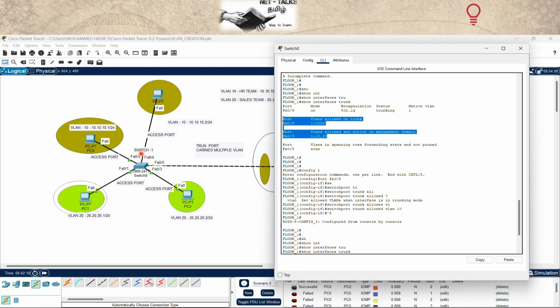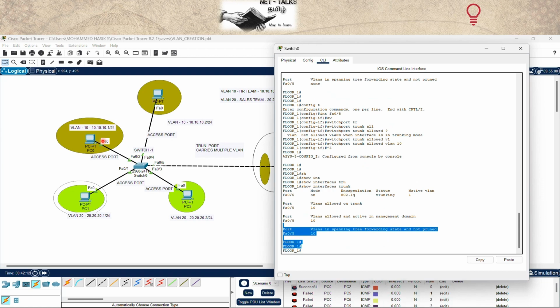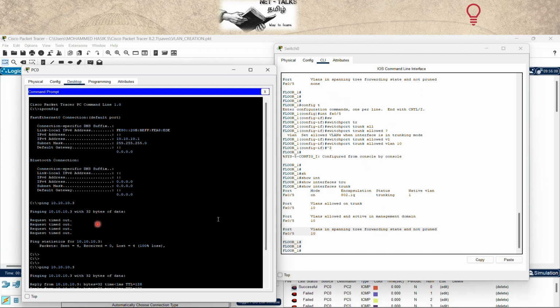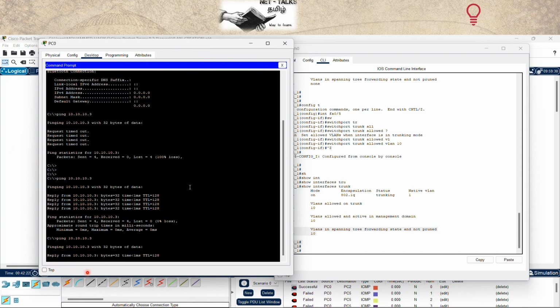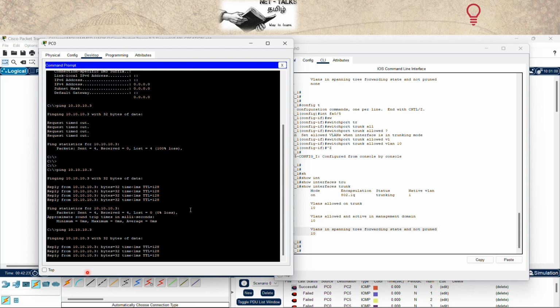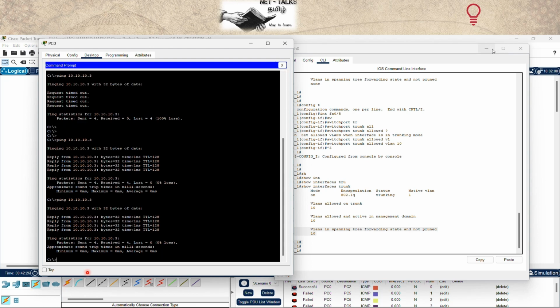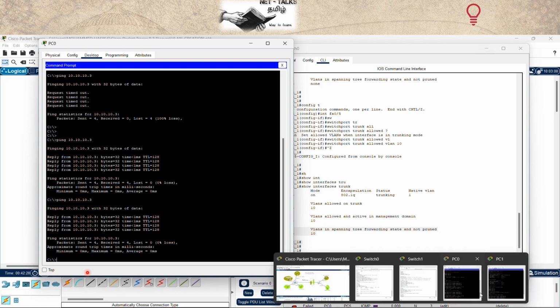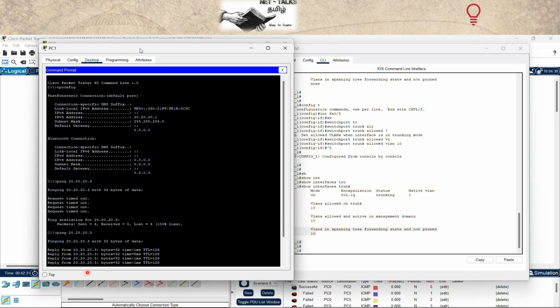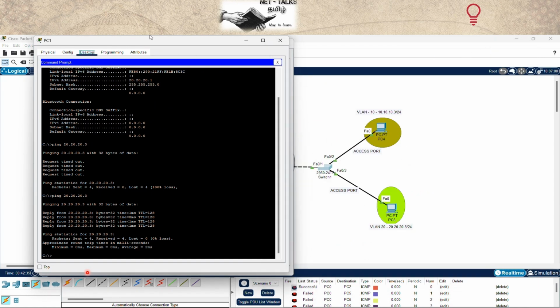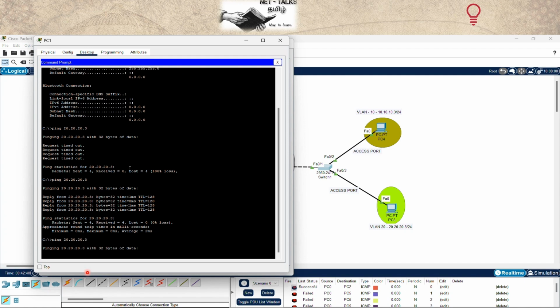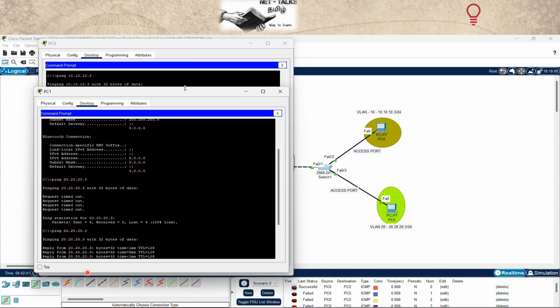Okay, now I am able to ping PC10 to PC4. Now the PC1 to PC5 communication will get blocked, since I have allowed only one VLAN in the trunk. This is called VLAN pruning. By default in a trunk, all the VLANs are allowed. Now I have restricted it to allow only this particular VLAN 10. If I allow only a particular VLAN 10, the rest of the VLANs will get blocked on that